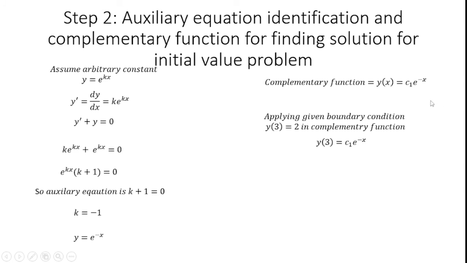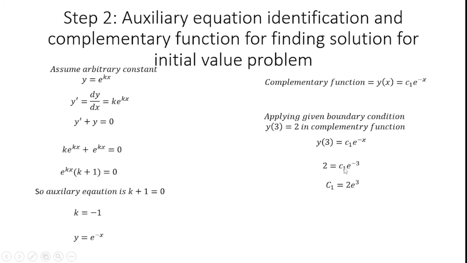What is happening? Here I collect y of 3 from y of x is equal to c1 into e power minus x. What is the next step? Yes, y of 3 is equal to 2. Already I have the value, so 2 is equal to c1 into e power minus 3. How did the minus 3 come? Minus x. Here you see y of 3, the independent variable x is equal to 3. From my given condition, I can pick minus x is equal to minus 3. Okay, x is equal to 3, so I substituted 3. So I can get 2 is equal to c1 into e power minus 3.